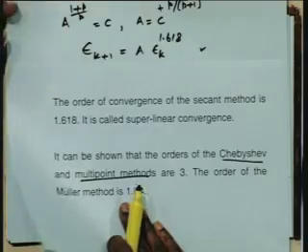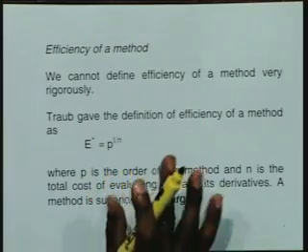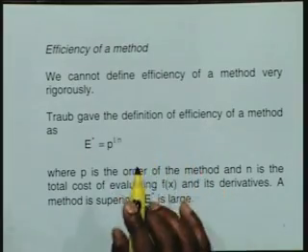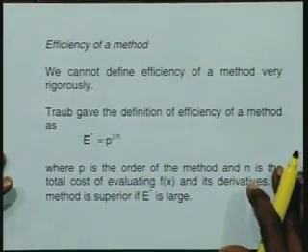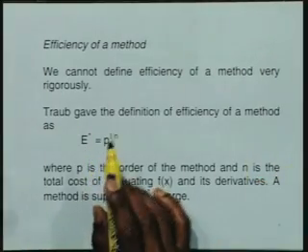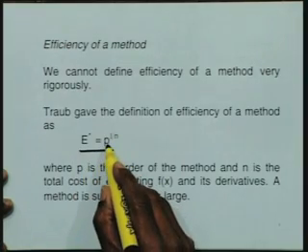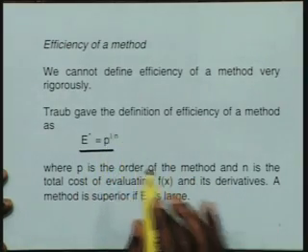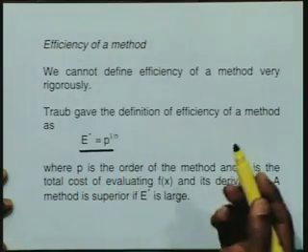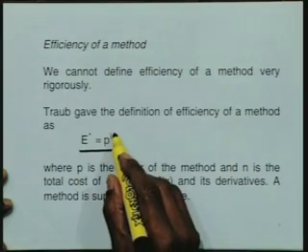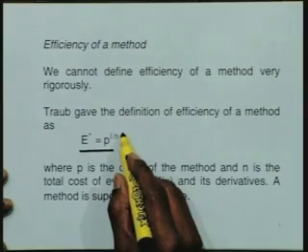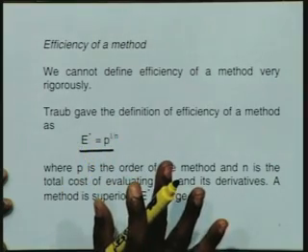Now, attempts were made to compare these methods from a different perspective, and one particular perspective was what they called the efficiency of a method. It is a very simple definition which is not rigorous. Of course, strictly based on this, we cannot say a particular method is good or bad, but there is a way of defining the efficiency of the method. You take P, the order of the method, count the total number of evaluations n, that means function as well as derivative evaluations, then take the root of that, that is P to the power of 1 by n, and that shall be called the efficiency of the method.